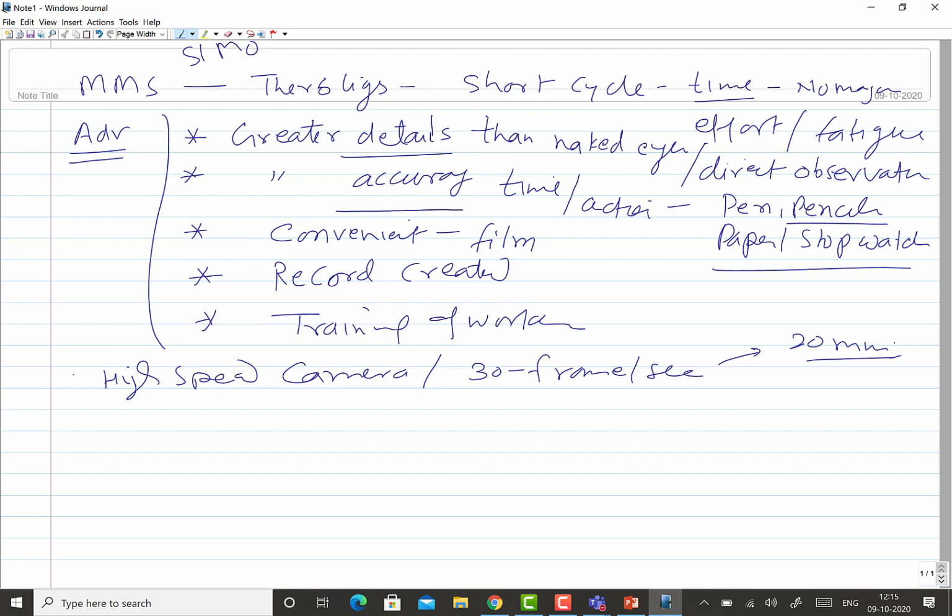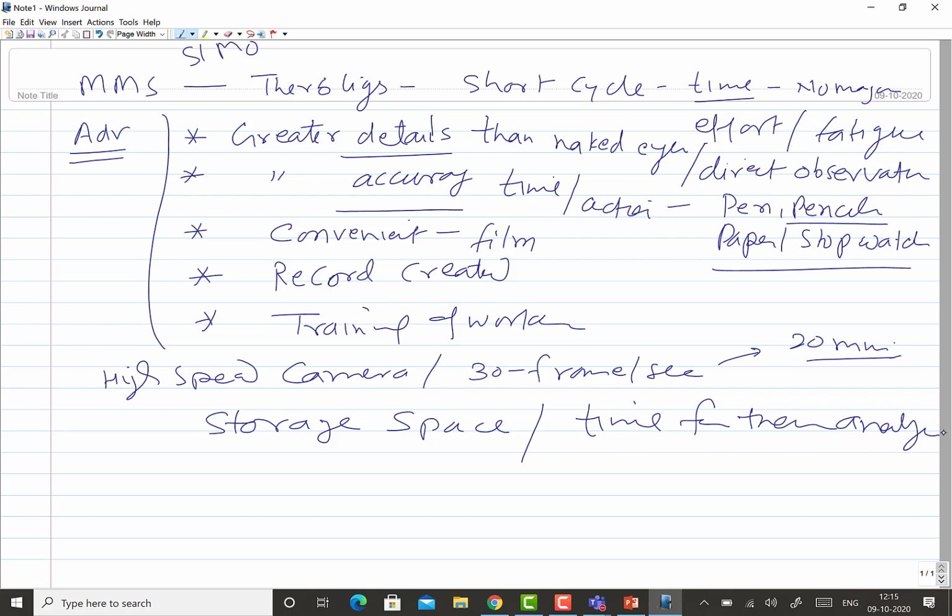So in micro motion study based techniques, you need a lot of storage space in the systems, number one, and then you also need a lot of time for their analysis.